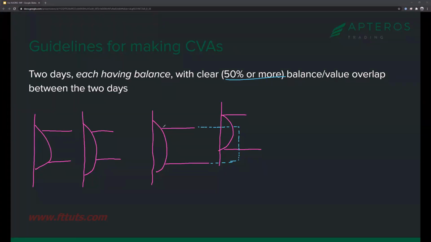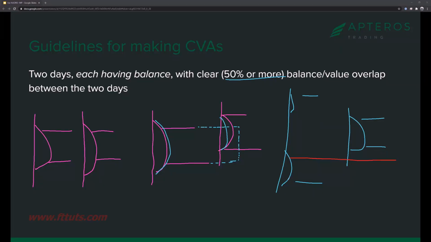Both of the days have balance, so their value areas are good to use. Right? If one day is like this, and its value area is this, and the next day is this, and you'd say, aha, there's 100% value overlap. It's an inside day. Of course they go together. Not really. I'd prefer to look at this market from the perspective of